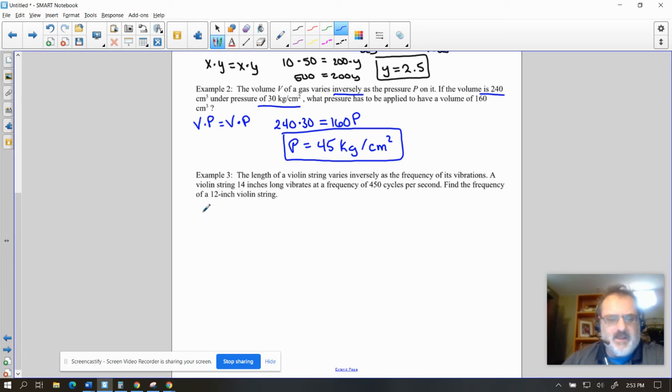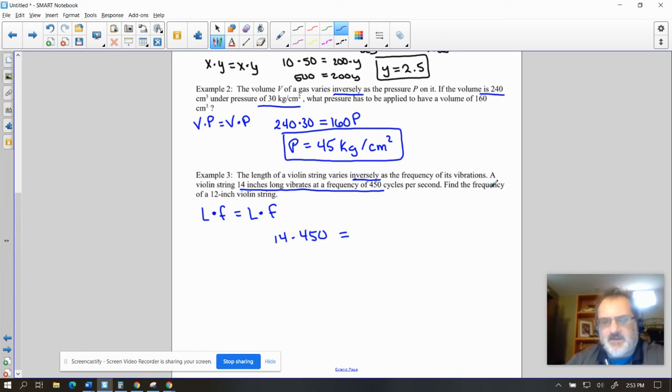Let's call length L times frequency, F, equals L, length, times frequency, F. So that's how you set up inverse variation. Has the keyword inverse. And the old information is 14 and 450. So we say that 14 times 450